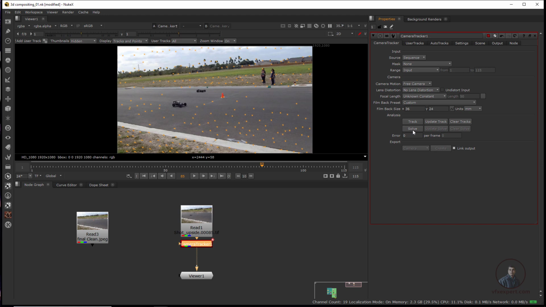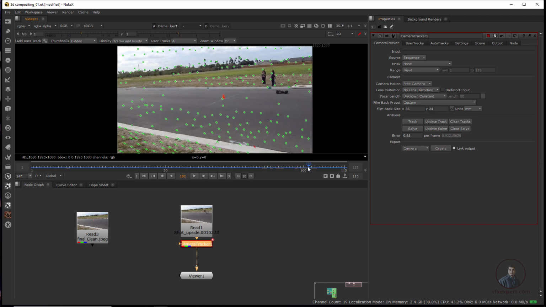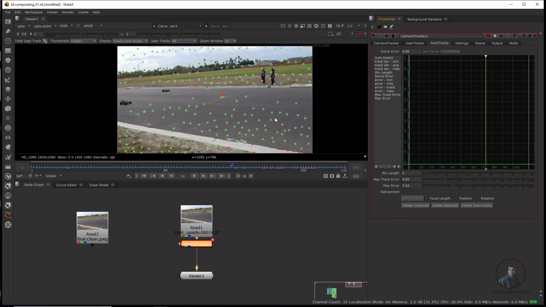Now click on Camera Solve here. So here we have tracked and solved our shot. Here, if you notice the error, 0.88, this is sufficient for us, but if you want to enhance it you can, because some red points are here. Then again click on Auto Track here. From here you can enhance your camera solve. Then minimize the max error a little bit here.